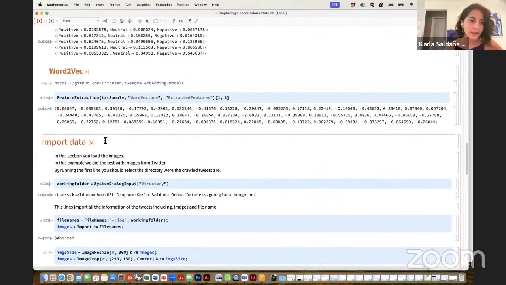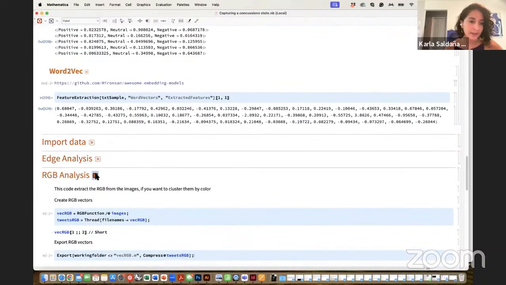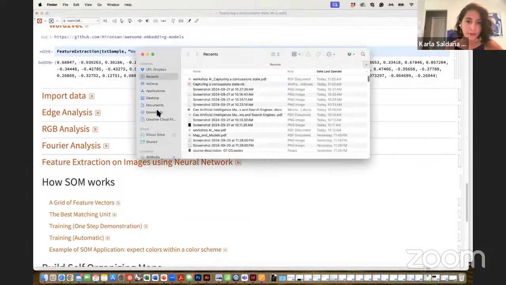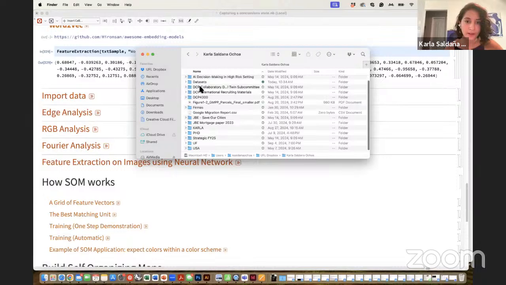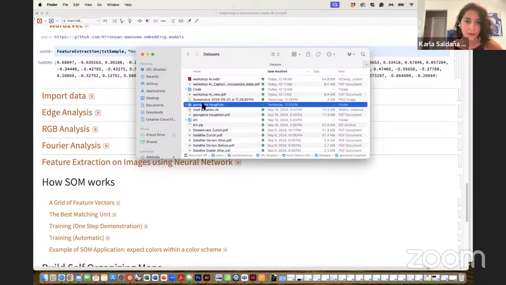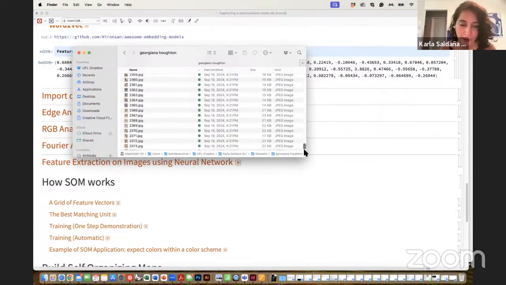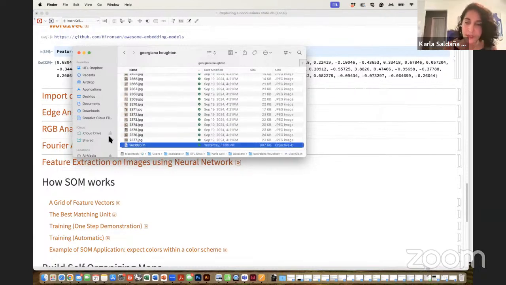And then what you will get at the end is a file that is going to be saved in the folder where you have your data. So as I told you, I'm working with this spirits data set, I call it like that. And then at the very end of the folder, there is this new file that was created, which is saying this is the feature vector. We're using RGB feature extraction, and it will have the extension of that M.